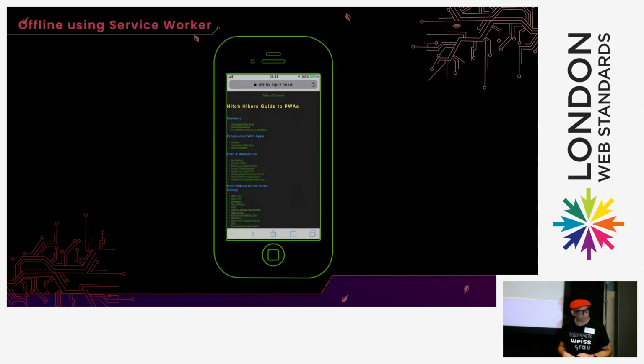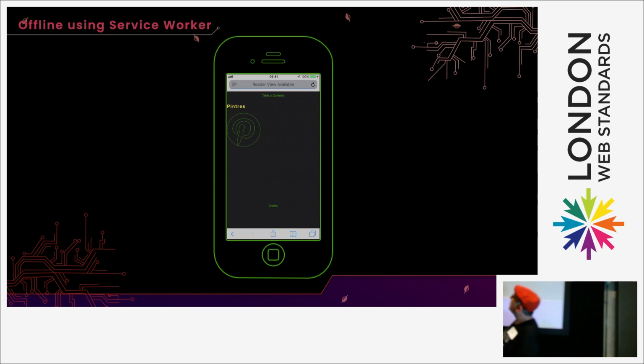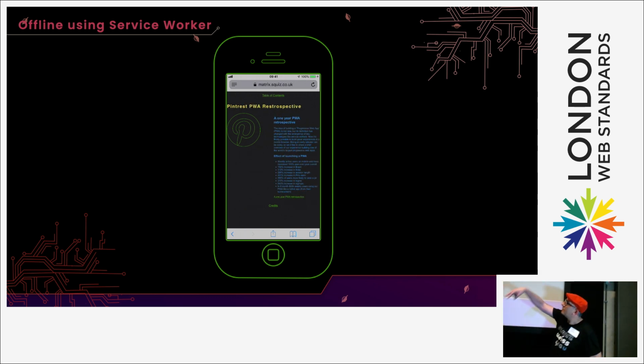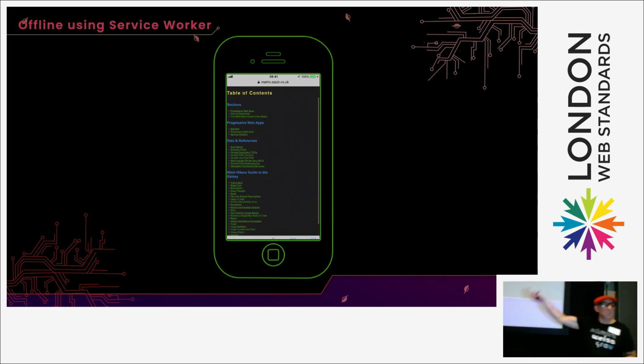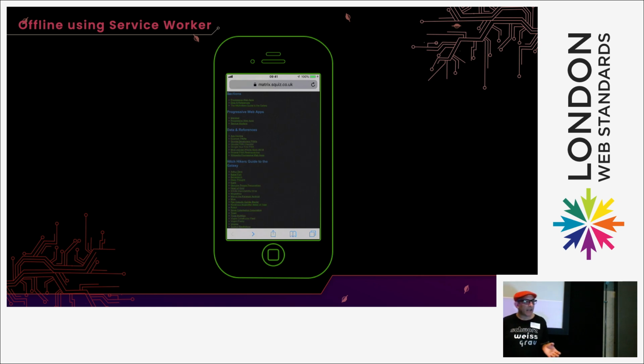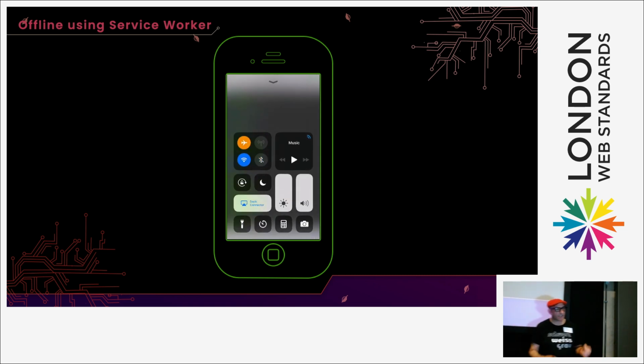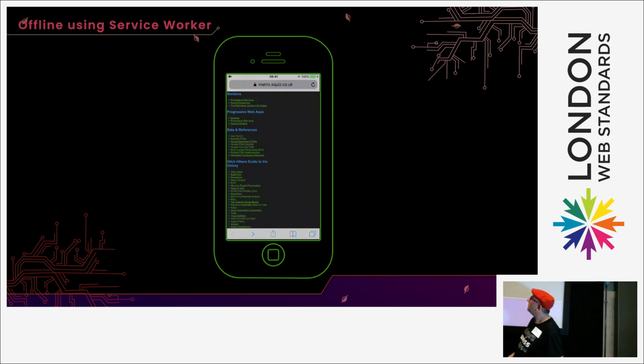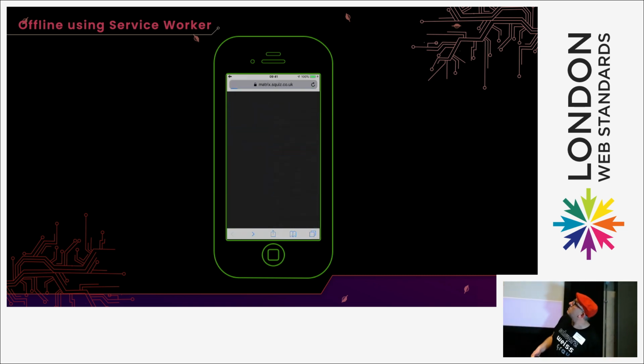So this is an example of my site when I've got service worker on it, and at some point I'm caching those pages, and then I'm going to go in and turn off the network, and my website will continue working. Is that video stopped? Do I need to? Yes, there we go. So turn off the network. I can see that. Can you see that? Yes. And the website is still working.